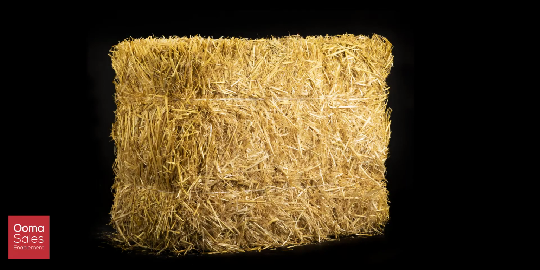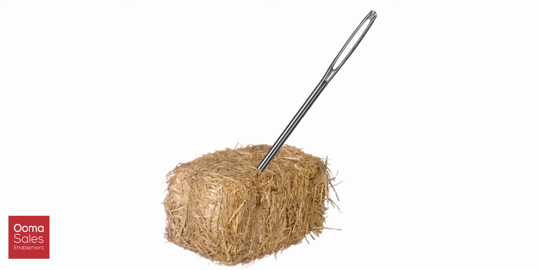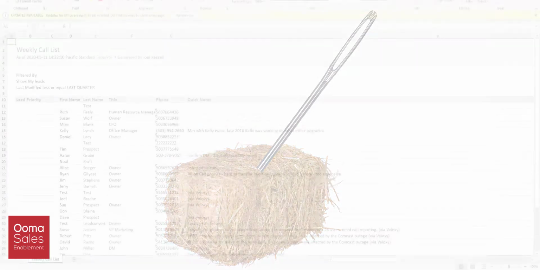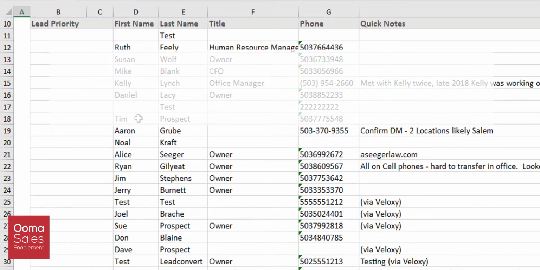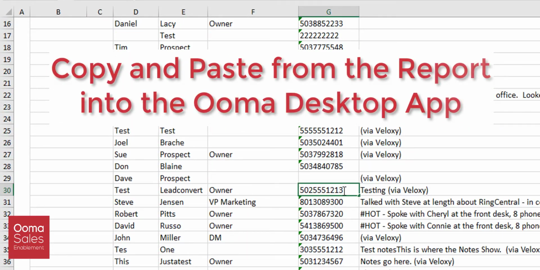Creating a list of phone numbers to dial during daily prospecting activity can be time-consuming and unfocused, but using the automated power of reports in Salesforce can help you streamline your efforts. Watch this video for a method to create a high-priority and extremely focused calling list straight to your inbox every